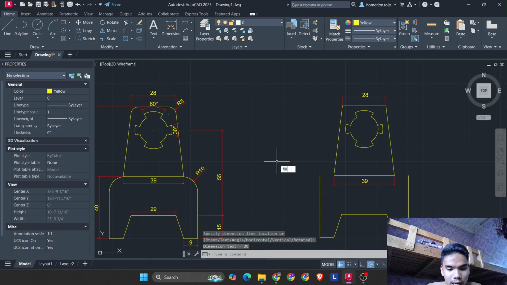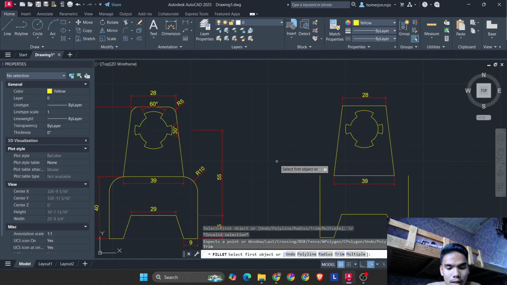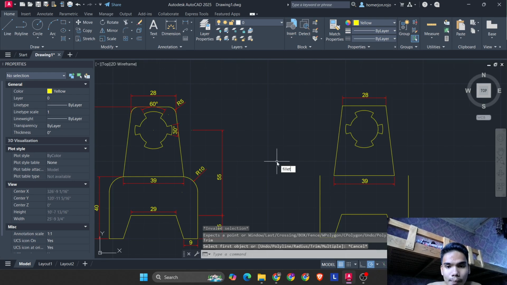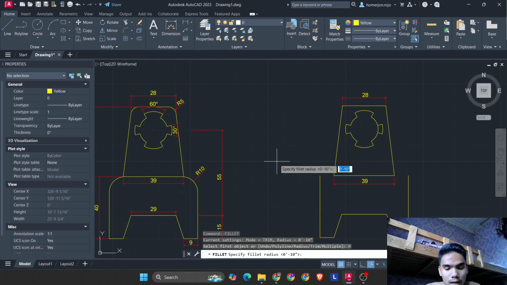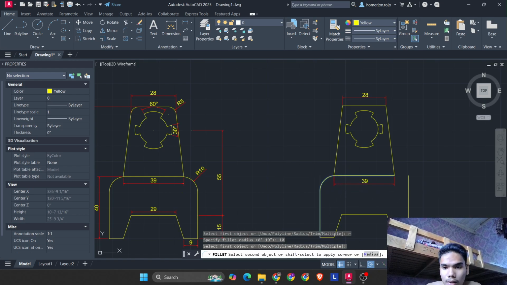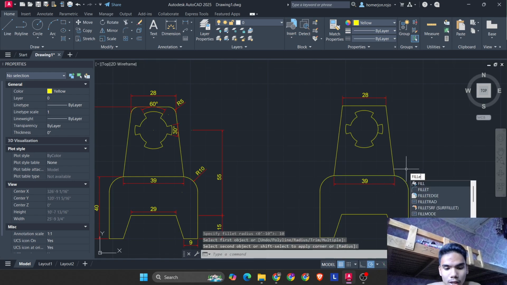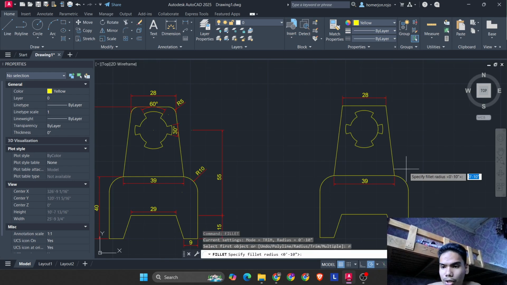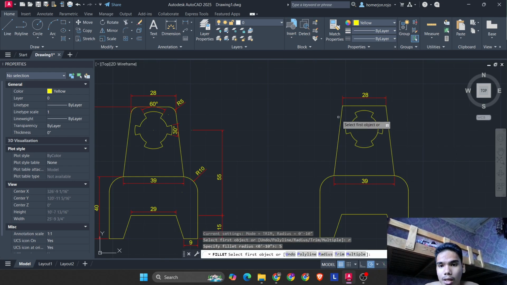We're just going to fillet this with a radius of 10, and fillet radius 10. And for the top part, you're going to fillet also with a radius of just 5.